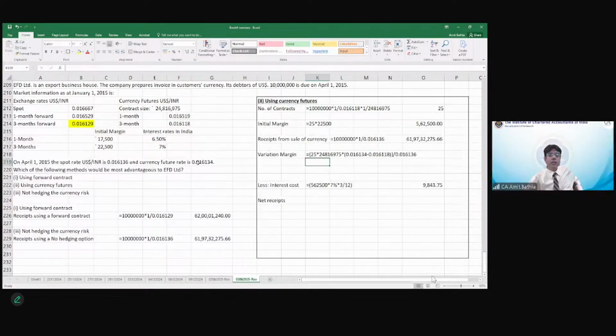In the last 2 digits, if you see. So that being my variation, I'm multiplying that with all the 25 contracts multiplied by the contract size value. So I get the total variation margin, and then I'm going to convert that particular value at spot rate, which is 0.016136. Are you with me? Yes, sir. So what will this amount turn into? This amount is going to be,